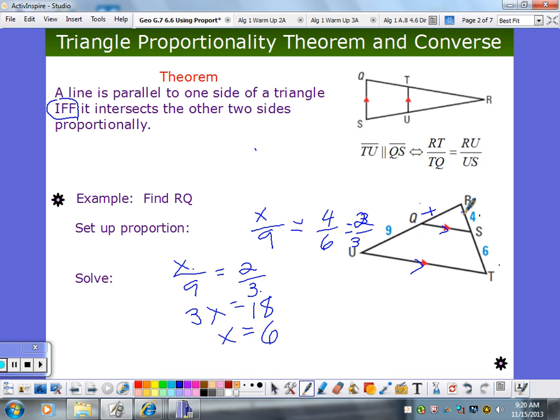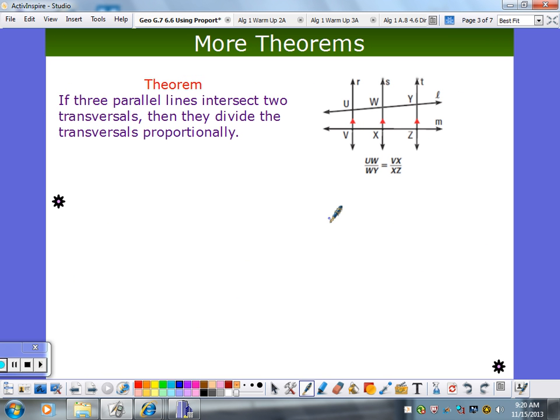This piece to that piece to that piece. Okay? Let's see what else we got. We have another theorem. That if 3 parallel lines intersect, 3. So here I've got 3 parallel lines, R, S, and T. If you have that, and they intersect 2 transversals, so L and M are my transversals, they divide the transversals